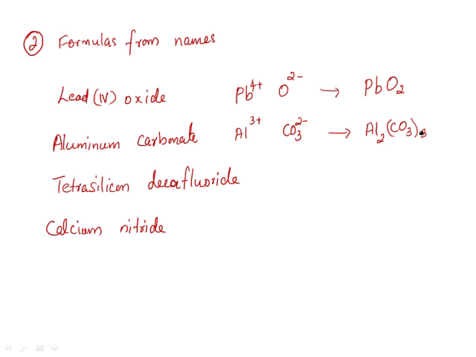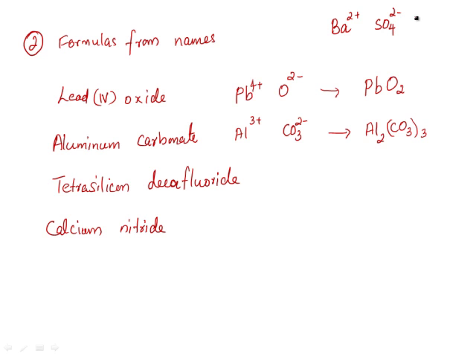So in this case, all polyatomic ions, if they exist more than 1. If there is only 1 polyatomic ion, just 1, then you don't have to put that in parenthesis and write 1 outside. If there is more than 1, then you have to put that in parenthesis and write the number outside. Say for example, if you are writing the formula of barium sulfate, Ba is 2 plus, SO4 is 2